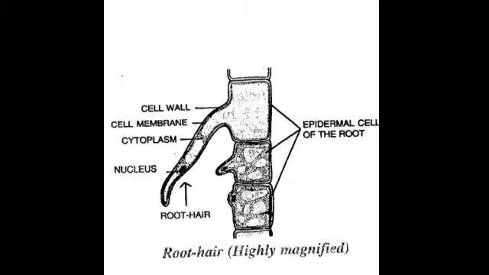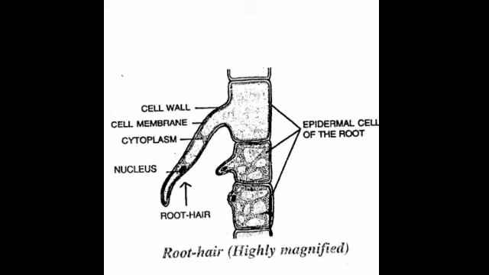Then how does this transport of water and minerals take place in the plant? Now we all know that plants are absorbing water from where? Both water and minerals are being absorbed from the soil through the roots of the plant, isn't it? You all know this. And what are the different adaptations that a root has in order to carry out this function effectively? It is the presence of root hair, that is fine outgrowths of the epidermal cells of the root.